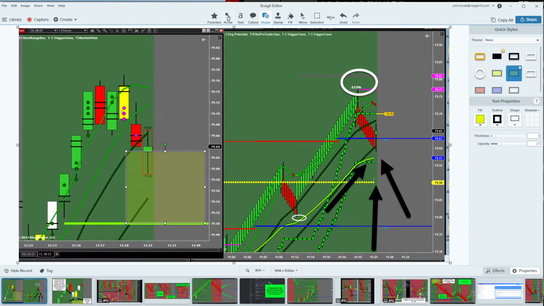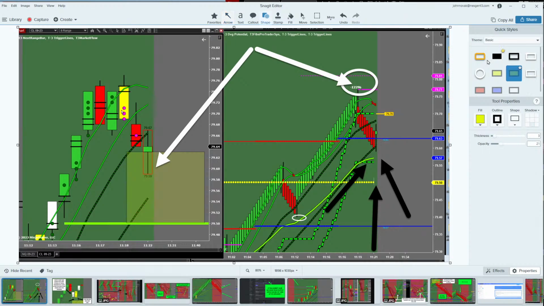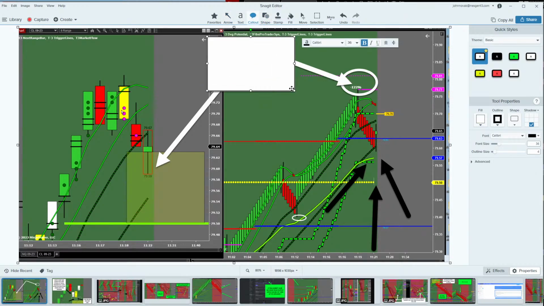So this is an alternative way of doing things. If there's divergence before your trend trade, wait for a market flow signal, which just so happens to be in the literature, but